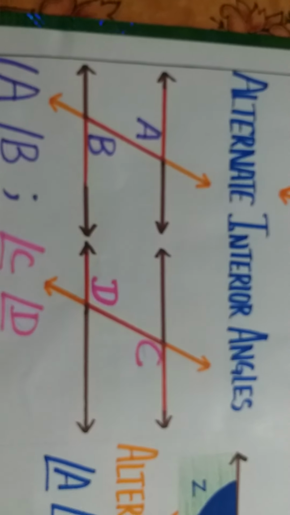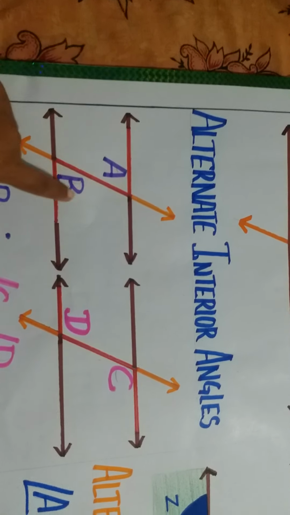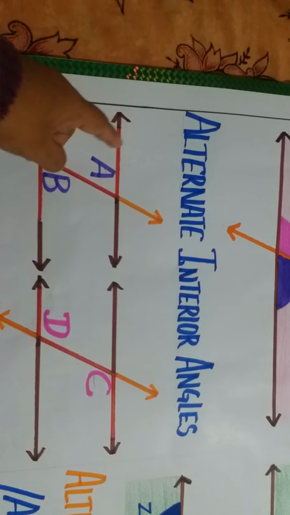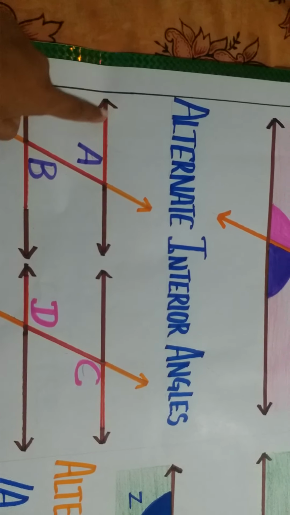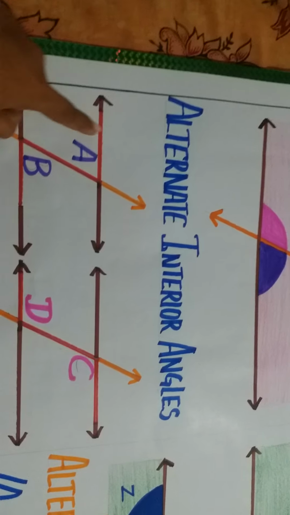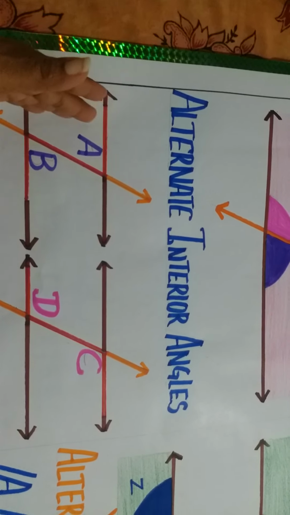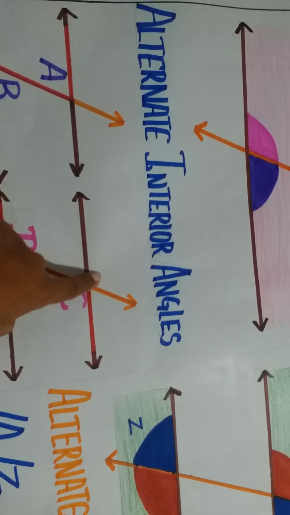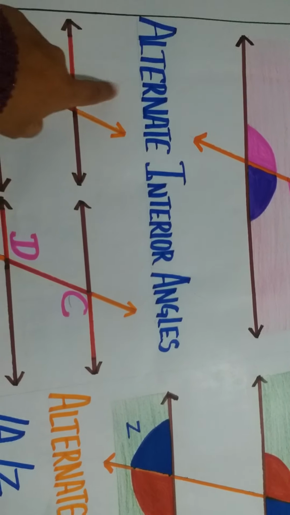But coming to alternate interior angles. What are the alternate interior angles? Alternate interior angles means the alternate angles in the inside part, so it's an interior angle. If you form a Z shape, see the red color I have drawn, angle A and angle B are the alternate interior angles on this side of the transversal and this side of the transversal. And see this brown color, angle C and angle D are the alternate interior angles.